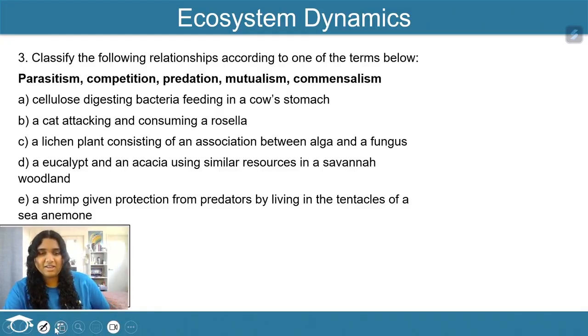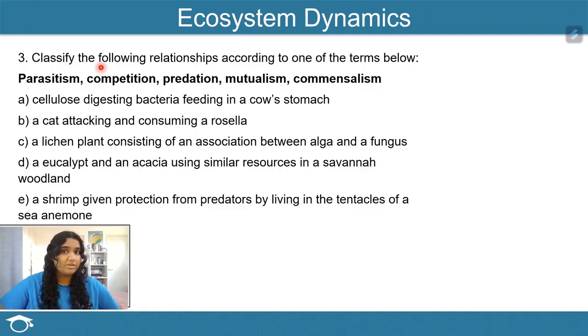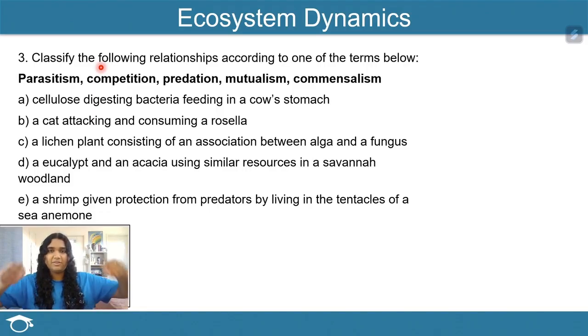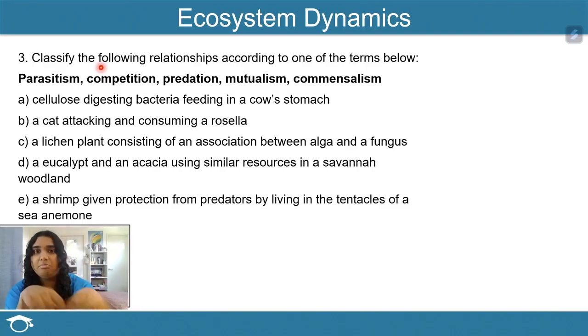Competition, on the other hand, is a biotic relationship, not a symbiotic, just a regular biotic relationship where 2 organisms are competing for the same resource. You can have inter-specific competition where 2 different species are competing for the same shelter, food, resources, etc. Or you can also have intra-specific competition where this is organisms of the same species competing for the same mates, food, resources, etc. Predation is another biotic relationship where one species is hunting and killing the other species for food. The hunting species is the predator, the hunted species is the prey.